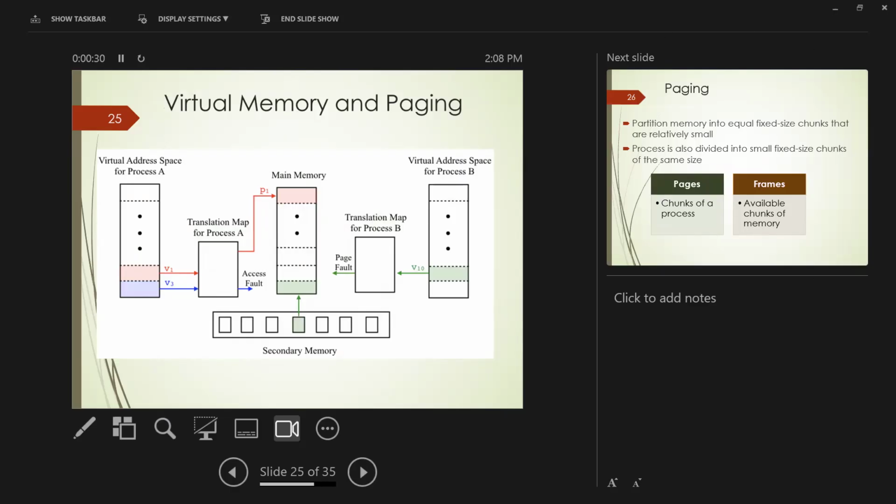So this is how virtual memory and paging work, just to give you an overview. Here you have different processes, and each process has either a segmentation table or a page table. Usually the CPU will generate the virtual address, and from the virtual address the physical address will be generated. The physical address will be used to access the memory location, either to retrieve data or to retrieve the instruction. Okay, so sometimes if the address does not exist, then it will generate what we call a page